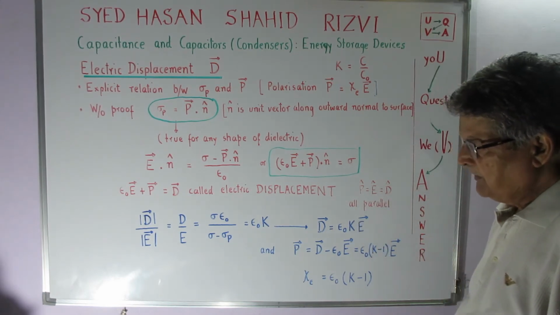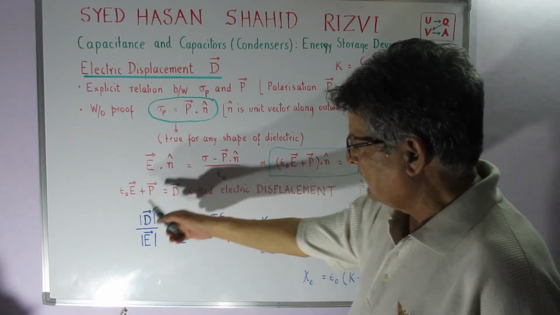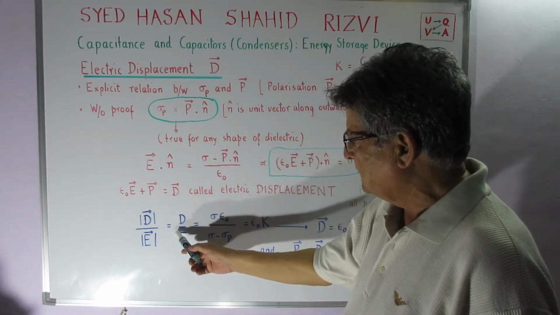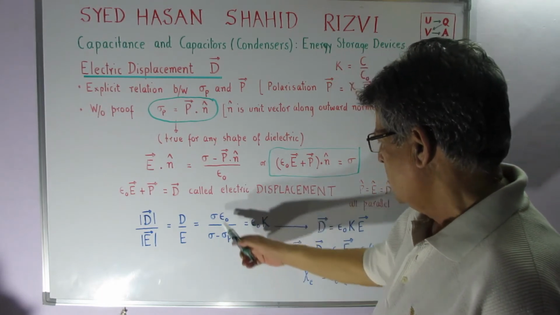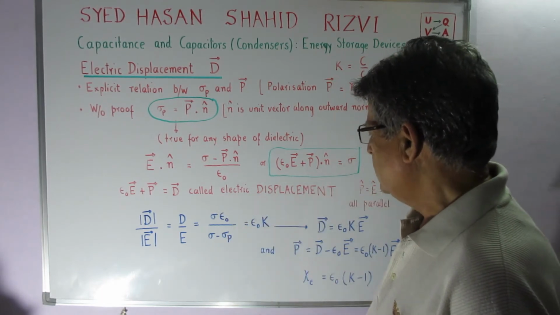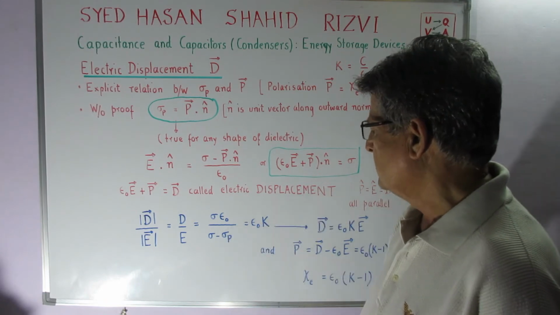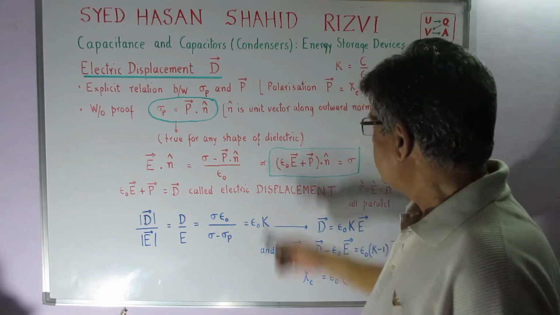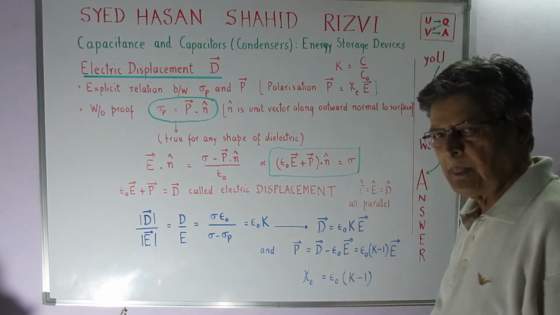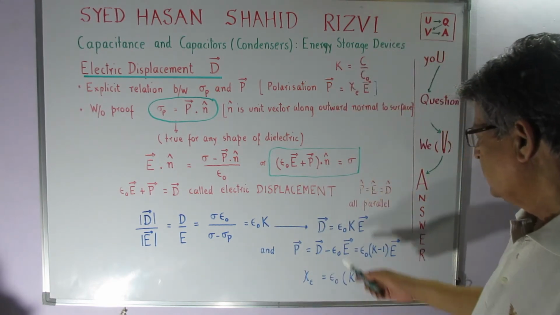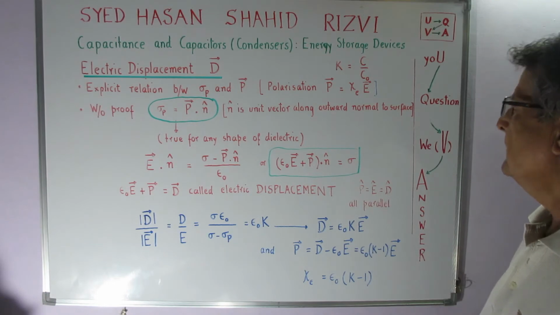So I can write the magnitude of D to magnitude of E, which is D upon E, as sigma epsilon naught divided by sigma minus sigma P. And this turns out to be equal to epsilon naught into K,